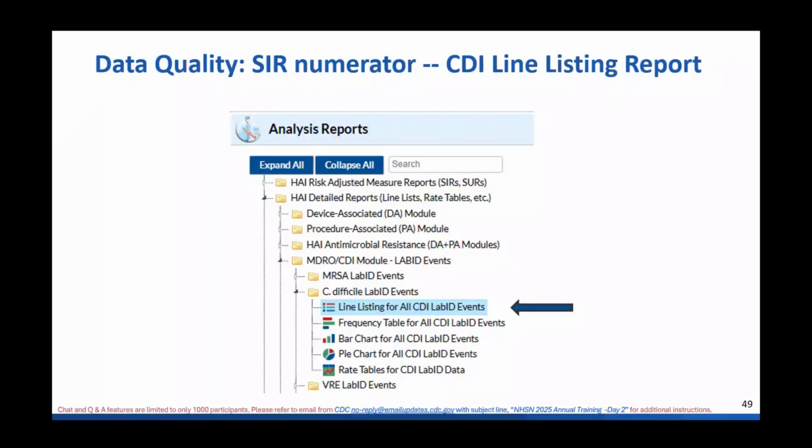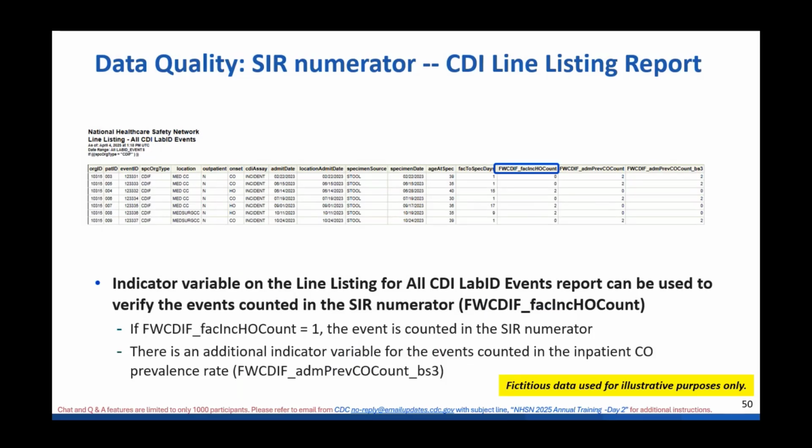This will show you how to navigate to that particular report. And this is the output when you run the report. The line list report includes an indicator variable that can be used to verify which events are counted in the numerator of the SIR. For the CDI acute care example, if the indicator in the box has a value of 1, then the event is counted in